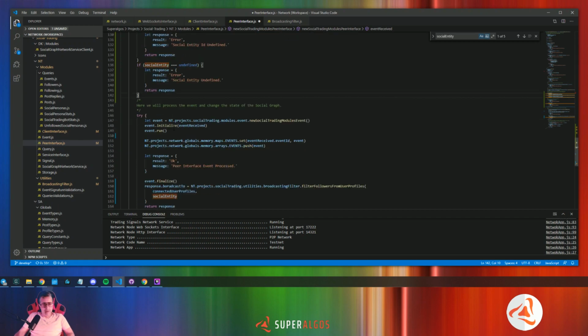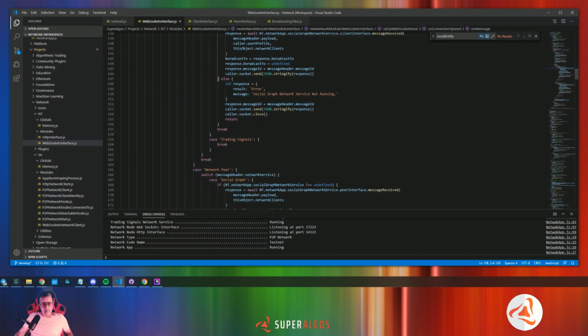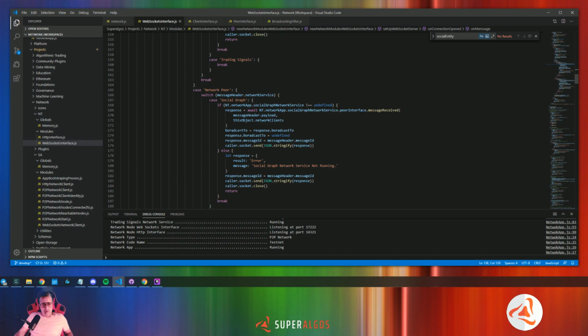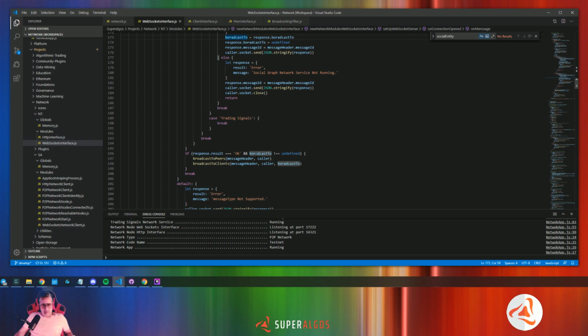And then we will have the social entity that is going to come into here, and we are going to add this broadcast to response, and then we will get this into this variable, and then if there is a broadcast array that is not undefined and that its length is greater than 0,